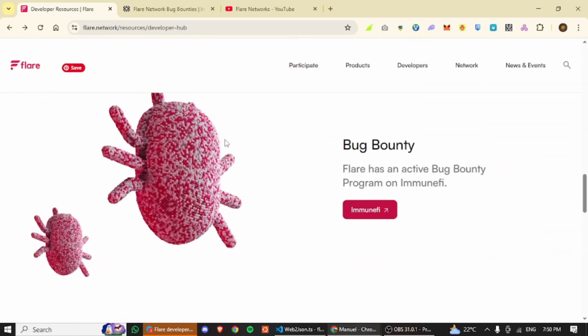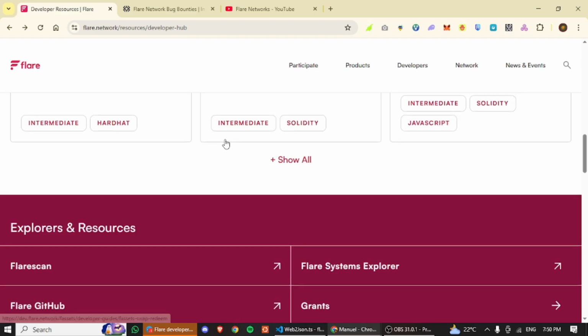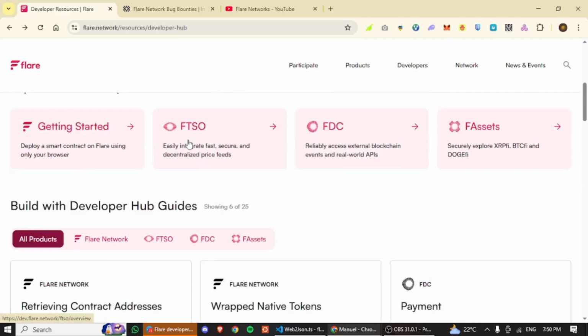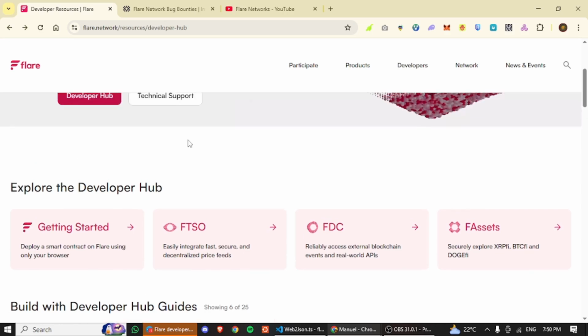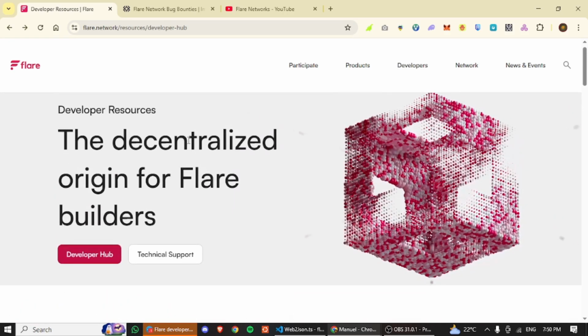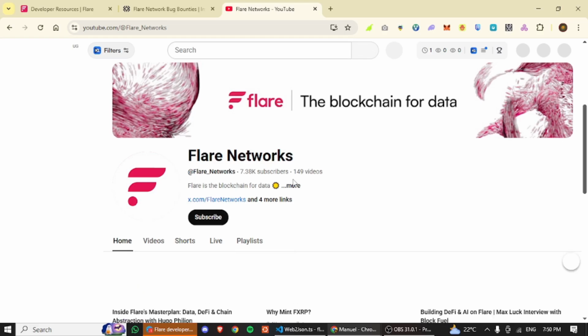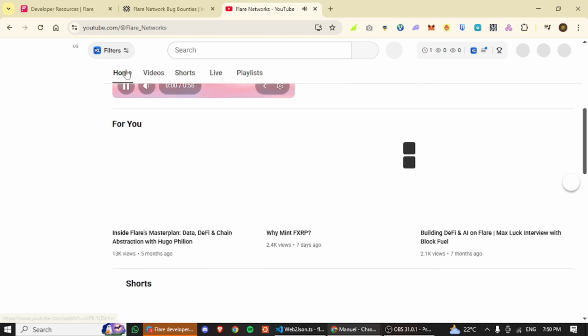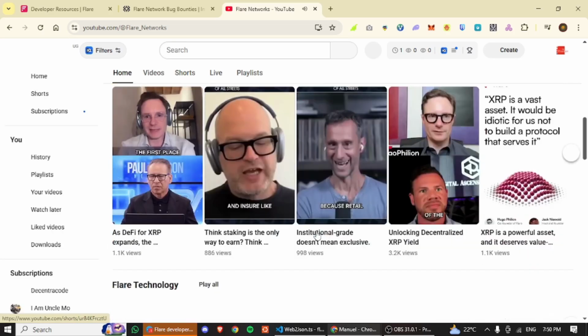And regarding building, I think these are some of the resources that might be helpful for you. And we'll keep sharing more and more. I don't want to bombard you with a lot of information. It might be overwhelming. But you can take the time before our next session to explore these developer resources, and also the Flare YouTube channel. It has quite a number of resources, and I think they might be really helpful for anyone that is interested in building on Flare.